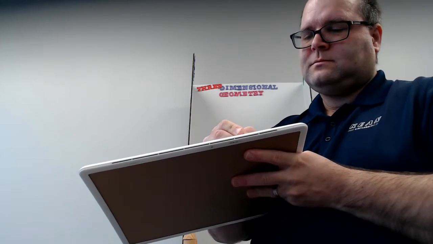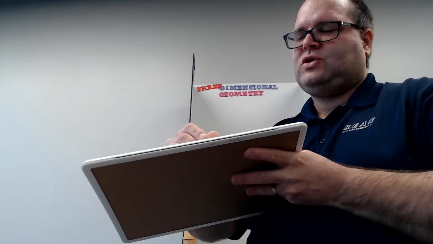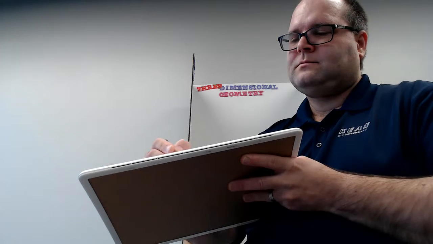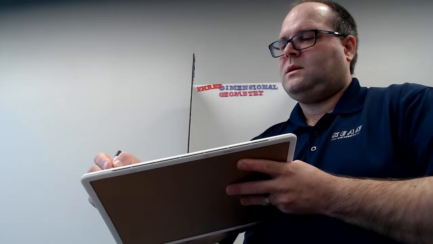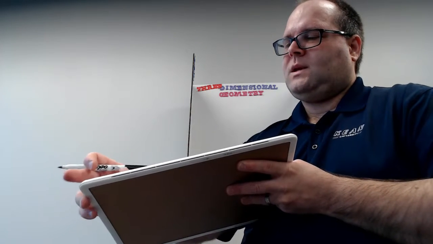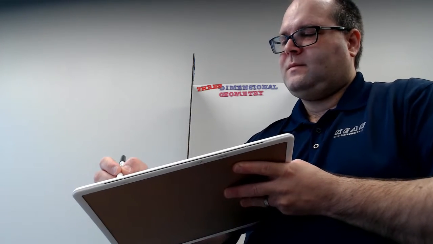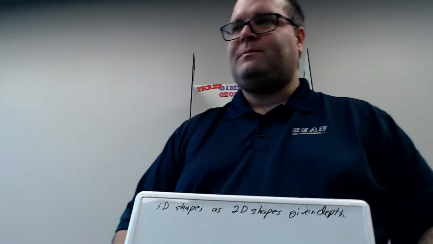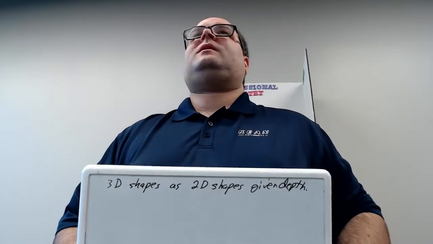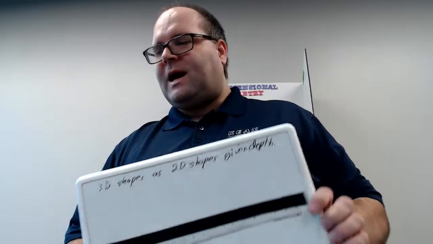We're going to view 3D shapes as 2D shapes given depth. So all 3D shapes are simply 2D shapes with depth given to them, and this allows us to figure out